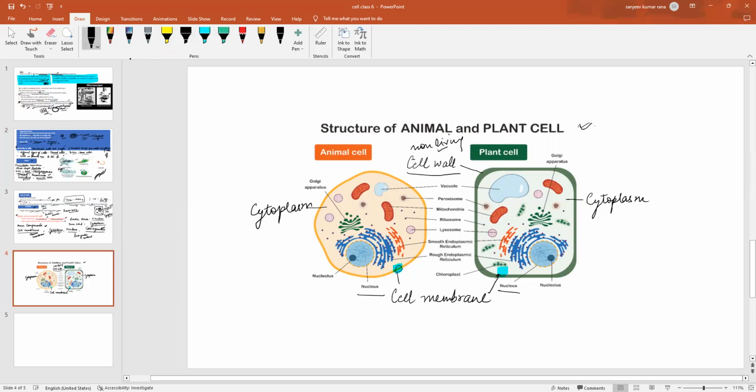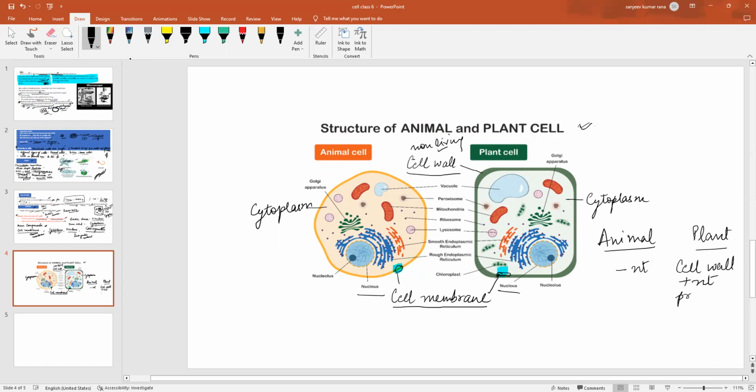Okay, this portion we called the cell membrane, as well as in the plant cell. Cell membrane means the cell membrane is present in both animal and plant cells. But if we talk about differences, common difference. Okay, we are not reading in detail right now, we are just talking about the components in animals and plants. In plants, the cell wall is present, which is absent in the case of animals. Okay,